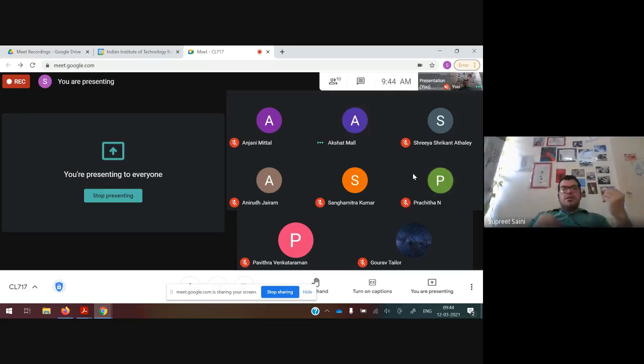So if we have a sequence of length L, we saw that there are 4 to the power L sequences possible, right? And each of these 4 to the power L sequences is going to have a corresponding fitness. Now there will be a minimum fitness, which is going to be 0, because many of these sequences are not going to correspond to a living organism. But some sequence will also have a maximum fitness, and that's F max. So you have a range between 0 and F max. Does that make sense, Prachita?